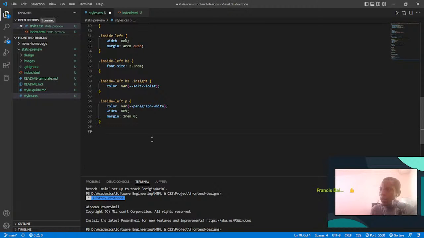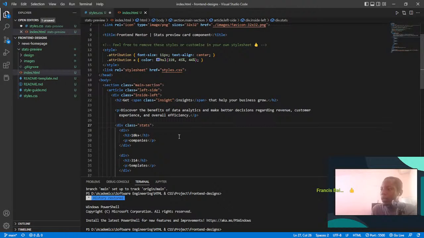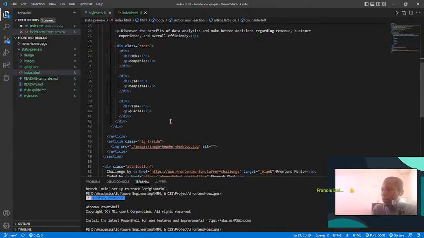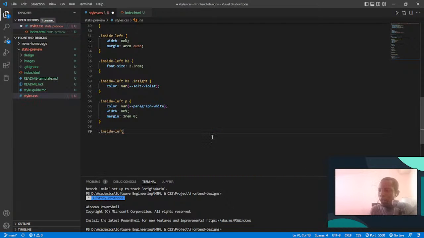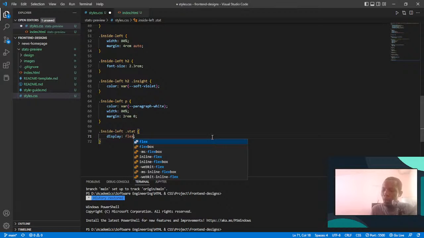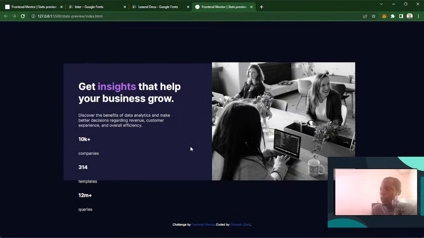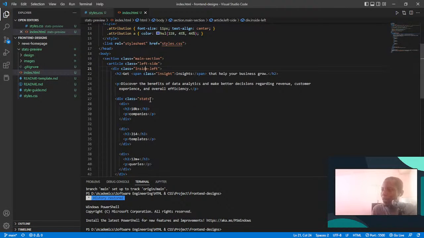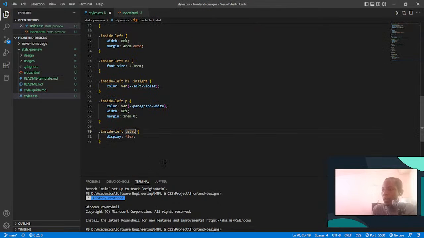So I can say, I think we are still inside left side. We are inside left side. Are we still inside left? Okay, so inside left, dot inside left, then dot start, and I want to display the items as flex. And yeah, let's take a look at it. Oh, it didn't work. I hope I had it right. Stats, so it's plural, stats. Okay,